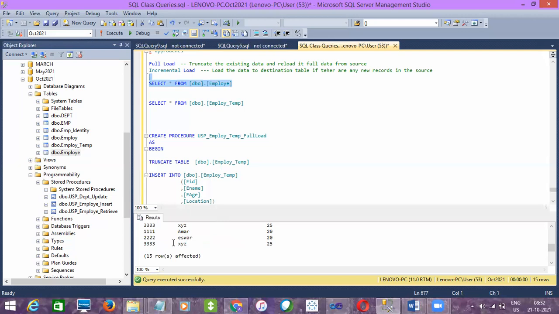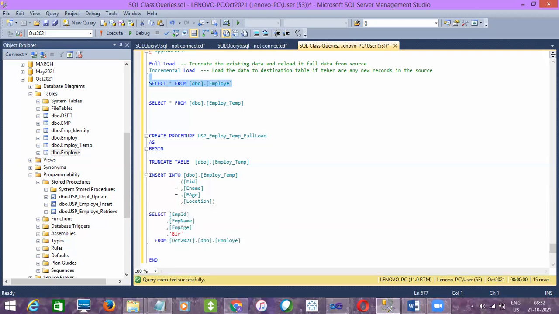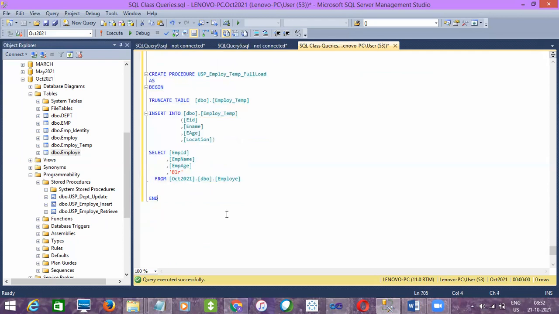So the end result, after I execute the stored procedure, is that the destination table, employee underscore temp, should have a record count of 15 rows, right? Let's see that. Create procedure, then exec the stored procedure name.